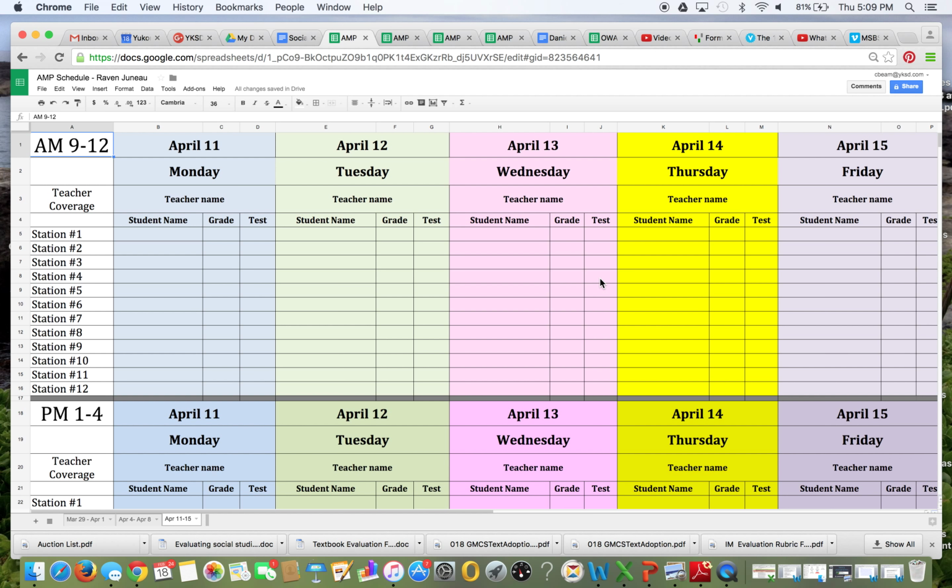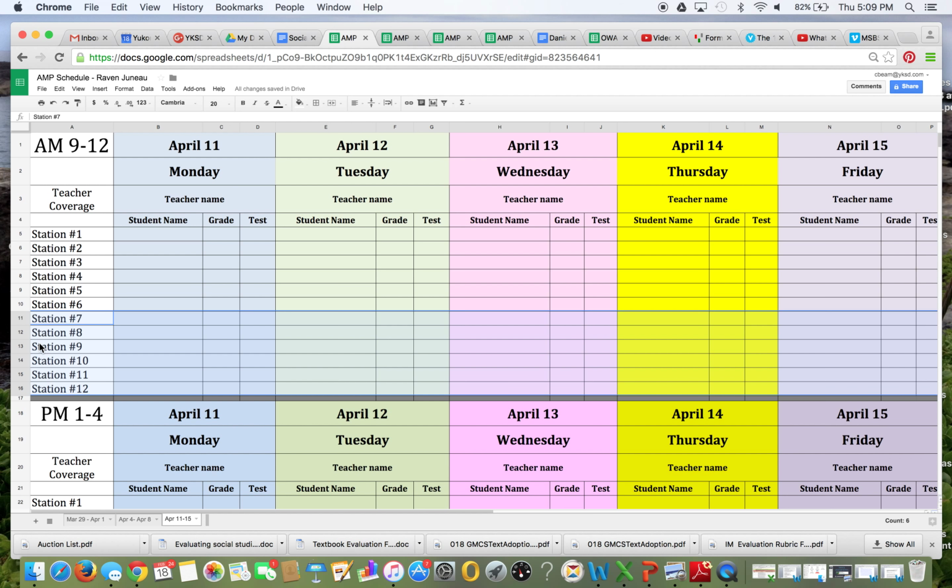Something else to keep in mind is that not every one of you is going to need all 12 stations. That's what we're going to need. Perhaps Juno, which is what we're looking at now, doesn't have, and is not going to use, 12 laptops because they don't have the laptops, so they don't have the space, or they don't need it because they have fewer students. So you could easily take this document,